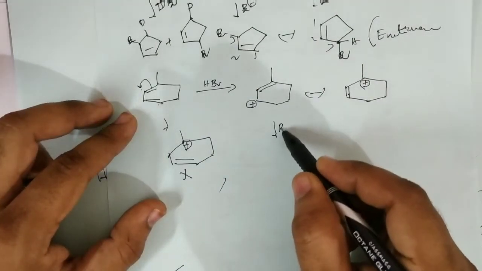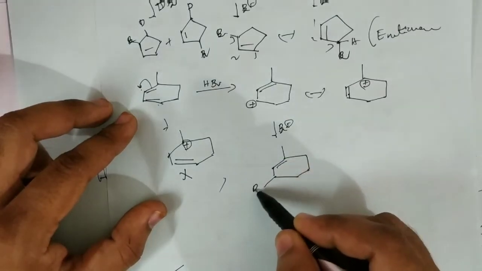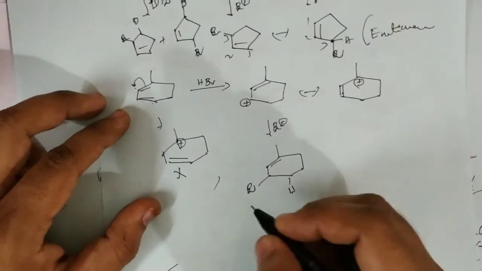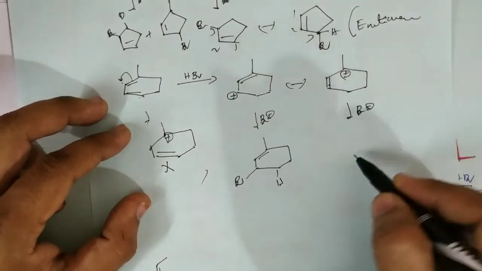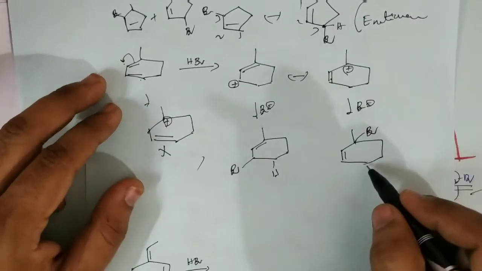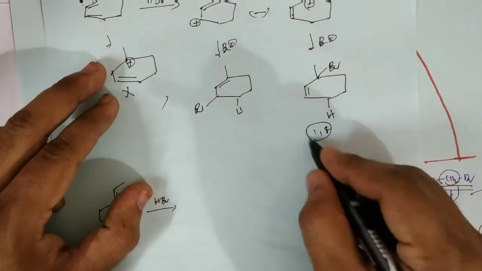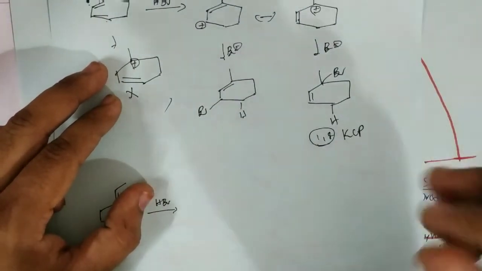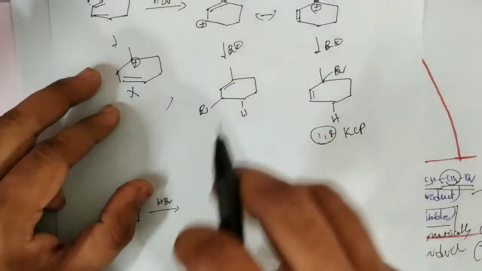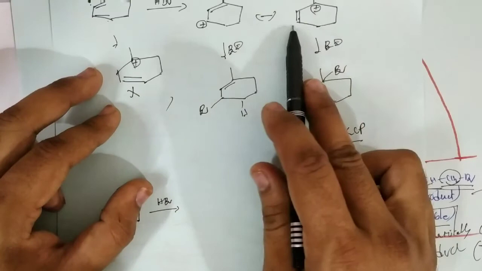So now this is attacked by the Br minus, double bond here Br. So it is a 1,2 addition product of HBr. And now this is attacked by the Br minus, so we will get this one, Br. So here you can see in this case this is the 1,4 product actually. This 1,4 product is the kinetically controlled product. Okay, so generally in the basic example the 1,4 product is a thermodynamically controlled product, but in this case for this compound the 1,4 product is a kinetically controlled product because it is formed through the tertiary allyl carbocation.